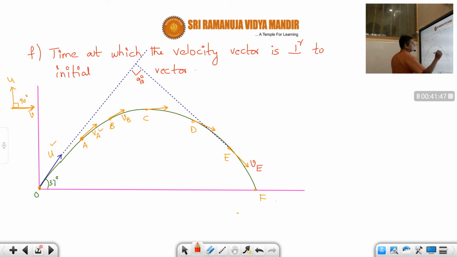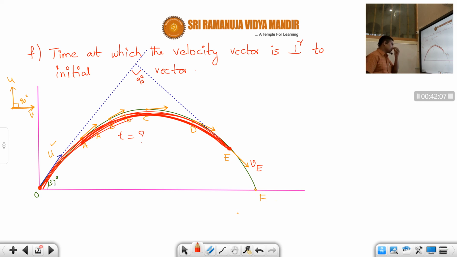So that means now our aim is to find out the time taken for the body to travel from O to E. Now this is our point of interest, this is our region. Understood? So O to E. Is it clear, students? Now what is the time taken from O to E? That is what we have to calculate. So as usual, first in x direction.